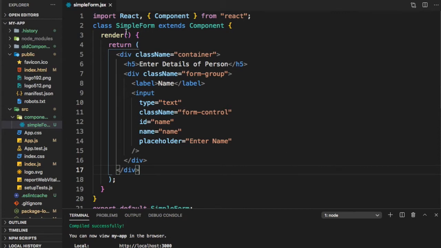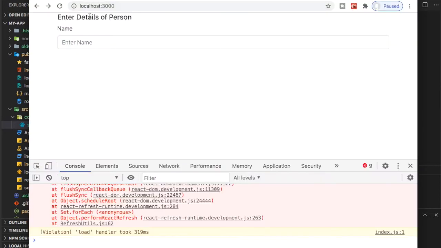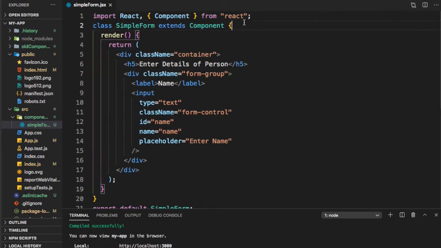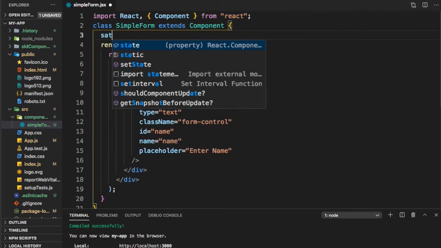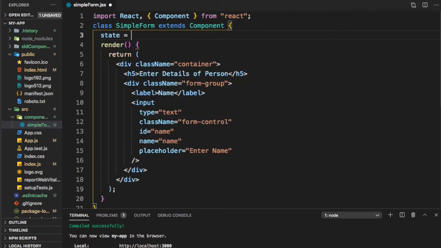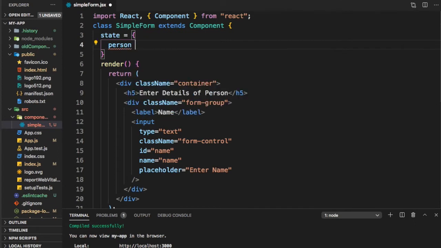So here we have a component SimpleForm in which we have just written HTML in a JSX. And if we run the HTML, we just get a header and a text field, and I can enter any value in this text field as we can see. Let us now start linking it. So let us say in the state, we say state has a JSON named person, and this has right now a single field which is name, and we initialize it to Jack. So this is the value we want to initially show in the text field.